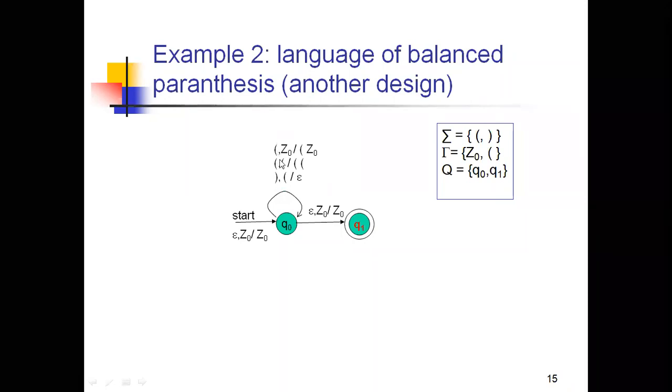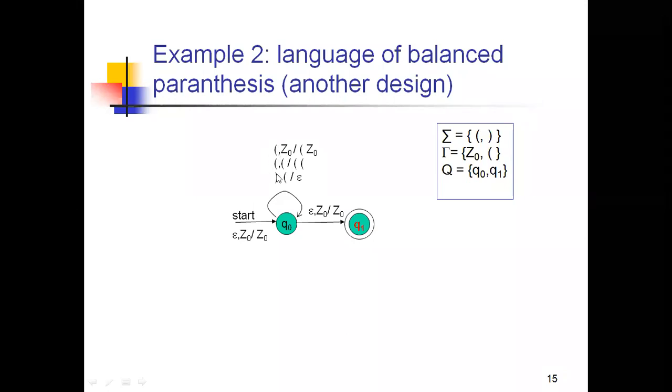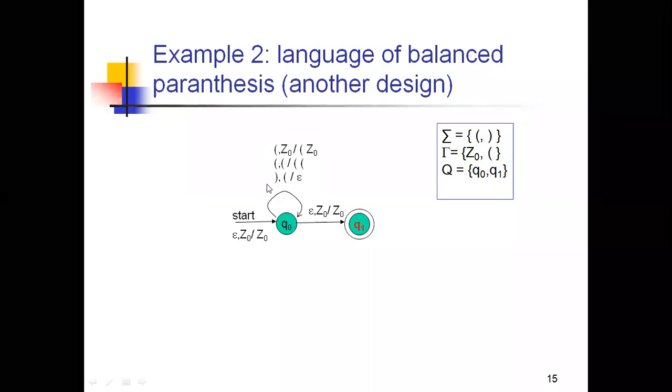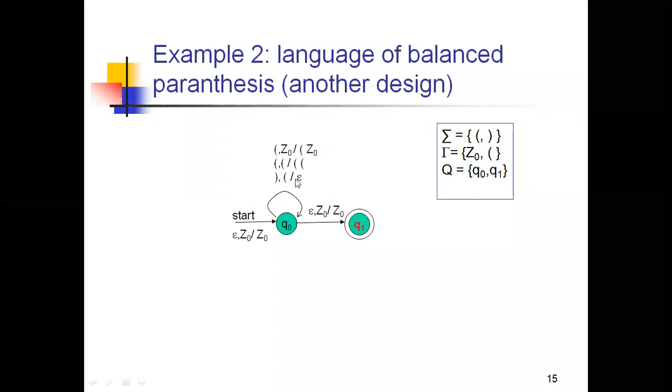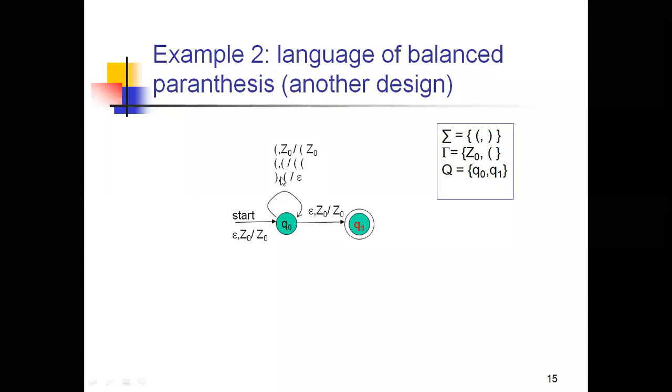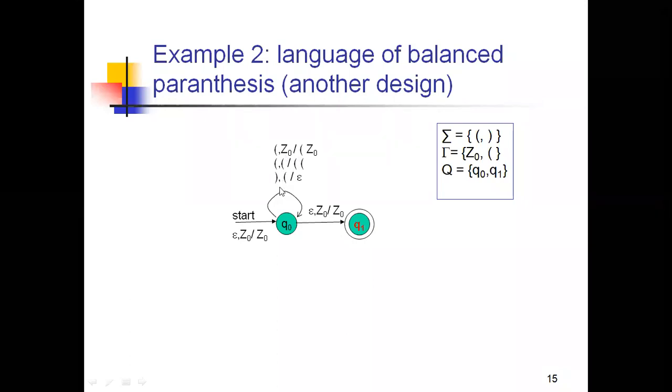There also we take inputs, at one time I choose open parentheses with Z0, and another time I choose two open parentheses. When I read these two alternatives, I need to pop those, and somewhere we need to do the acceptance. So to do the acceptance we need to choose a pop operation. We need to switch to start the pops, so for that we choose this open and closed parentheses. Whenever we find these two, we make it a pop and show it as an epsilon.